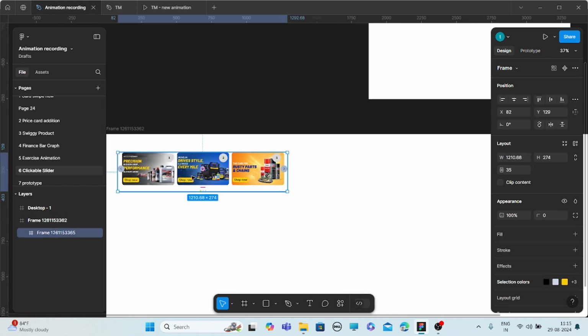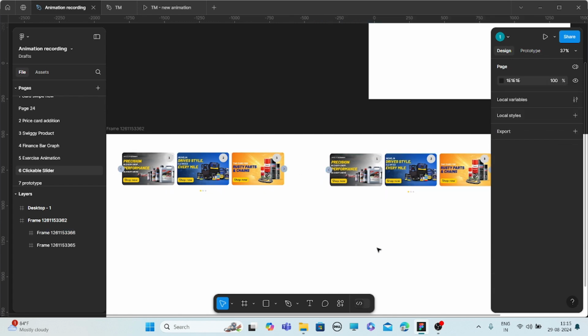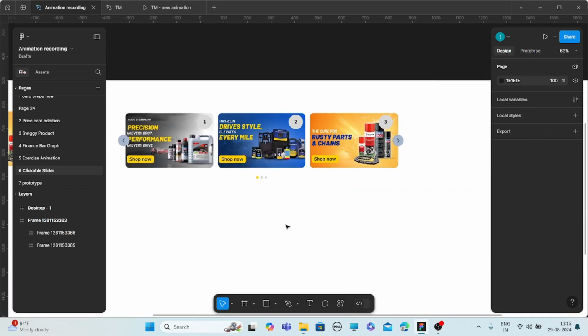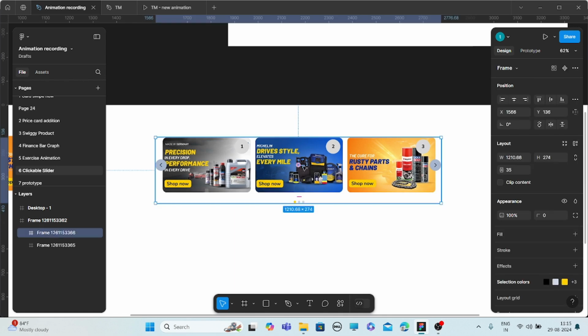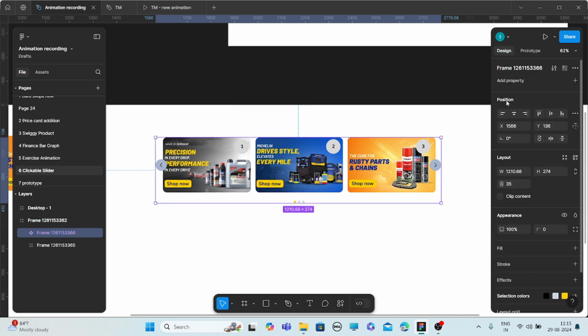Now we'll copy this frame here and then select this frame and make it as a component, and after creating the component add a